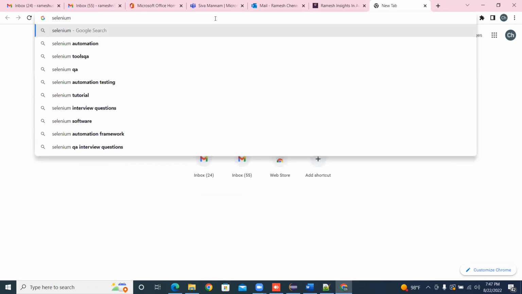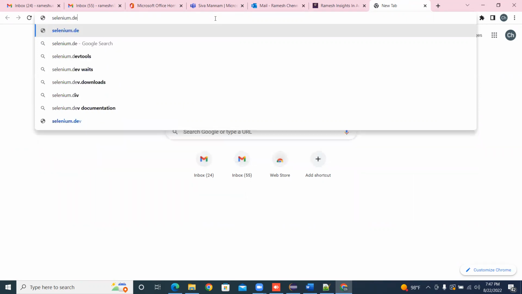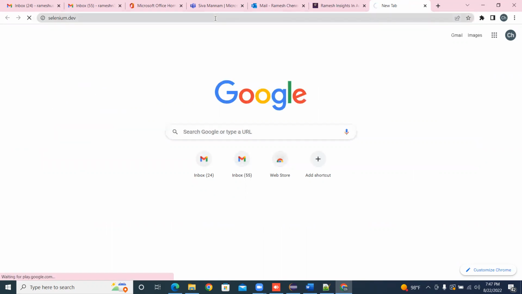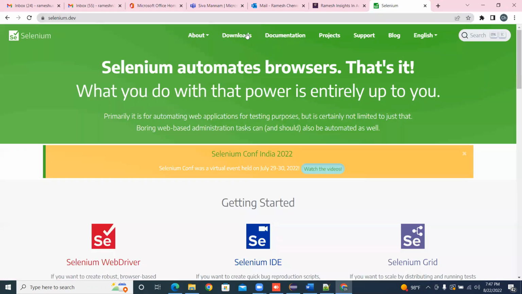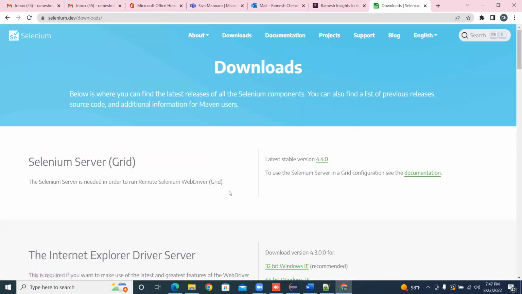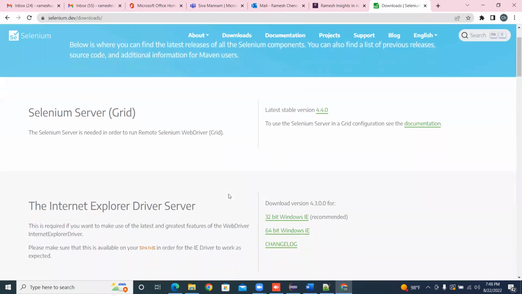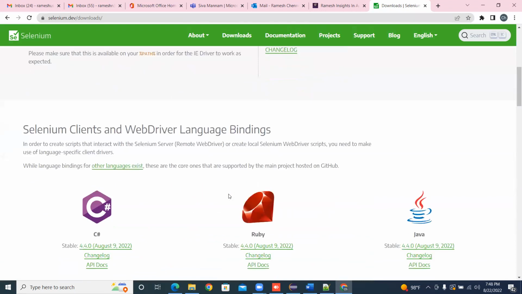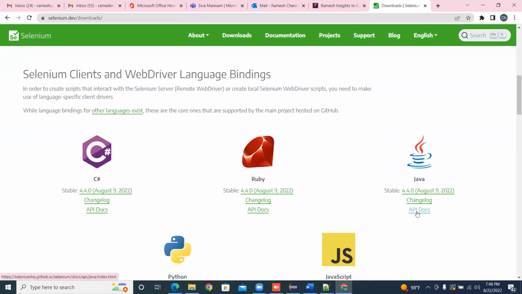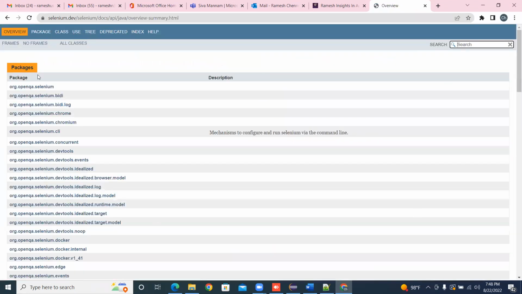That's why I'm telling you, you have to be very, very careful with Java. If Java is not there, nobody will take it. That's why we are going very deeply into Java, because of that reason only we are going very strong. So go to the API docs and you can see